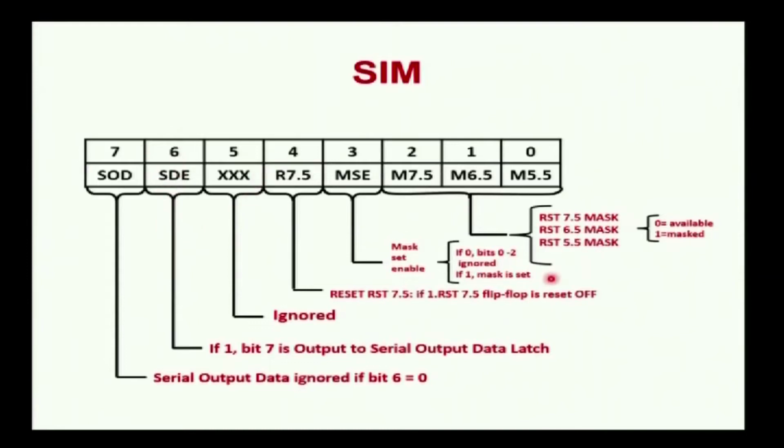So, this is the SIM instruction. The SIM instruction is a single byte instruction which is used to set or reset the maskable interrupts RST 7.5, 6.5 and 5.5, and it also has an additional reset pin for RST 7.5. These are for maskable interrupts. These 2 bit positions are for serial communication: one is the control bit for enabling the serial communication, and another one is for transmitting the data. Based on our discussion, we will now do some exercises.